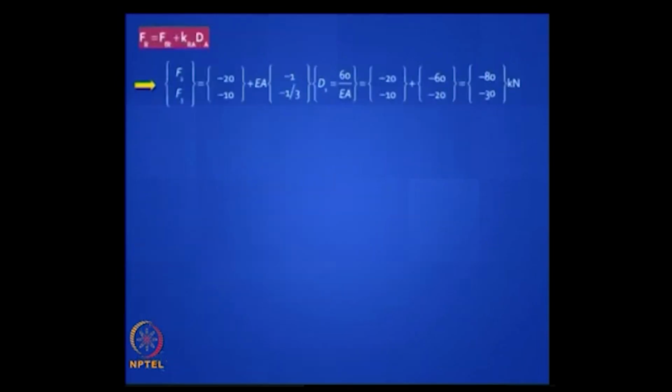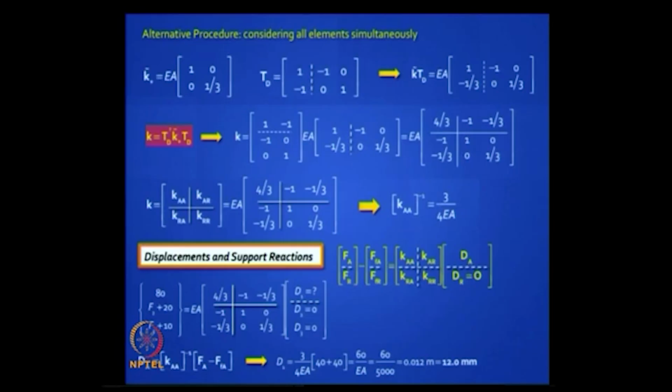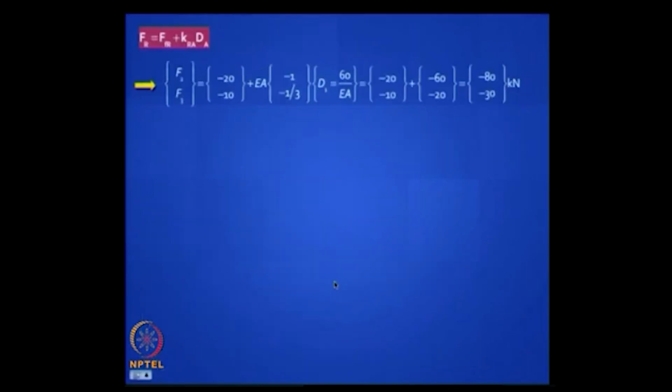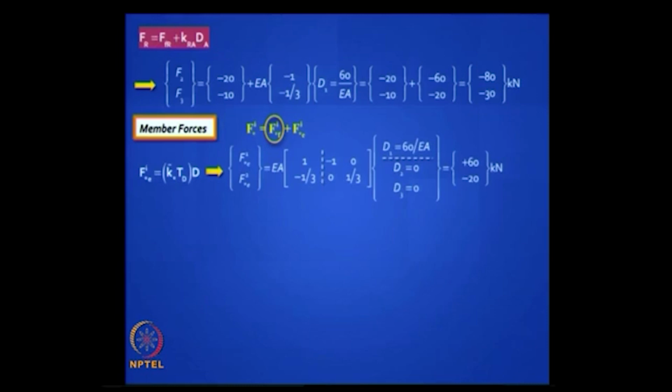To find the member forces, of course you have, okay, these are the support reactions, you get the support reactions also. How do you get them? From the second equation. Remember, use the first equation to solve for dA and use the second equation to solve for FR. We did this earlier, it is nothing new. So you do that and you will get the support reactions. Then you get the member forces. It is here that you have to be careful because you have to do it manually because you are getting two different member forces. So you do it carefully and